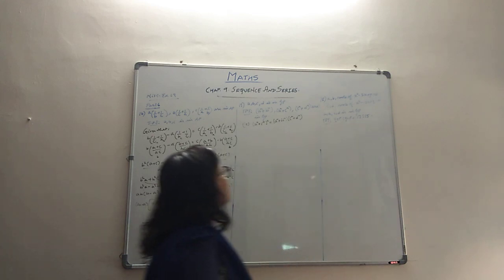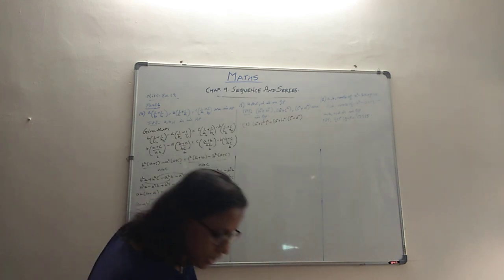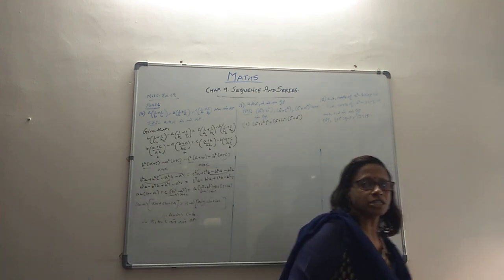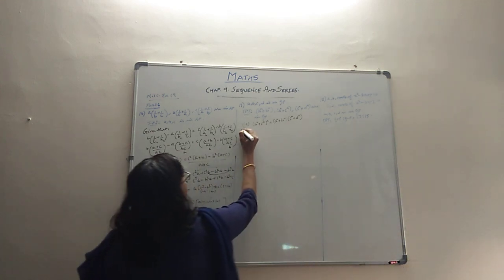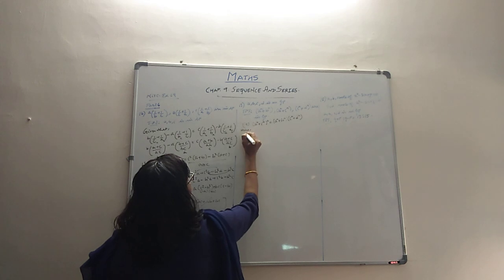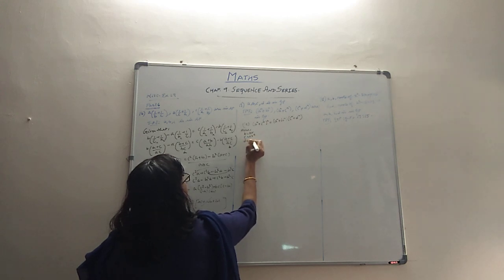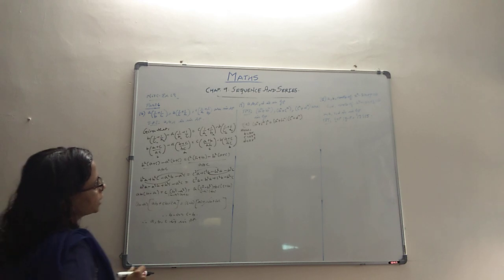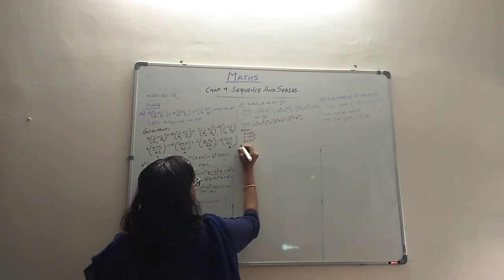So let's see now how do we go about doing it. Because A, B, C, D are in a GP, let's use our idea of R as the common ratio. So we could have B as AR because they are in GP. Automatically C will be AR squared, D will be AR cube. That will help you a lot in doing all this. So that way we will consider this first.